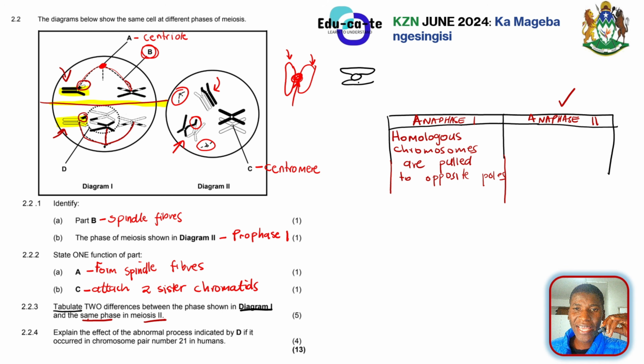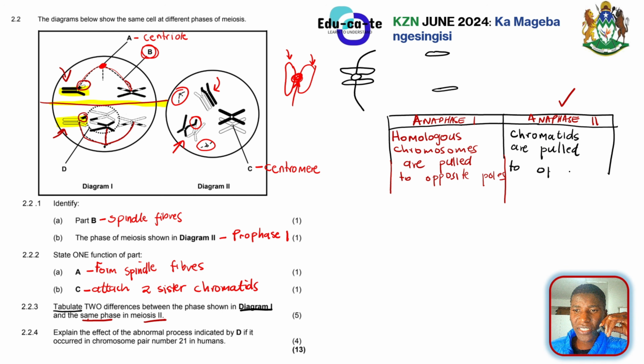And then the spindle fibers attach here on one side of the centromere, and another spindle fiber on top, and basically it will pull off these two chromatids and separate them from one another, and then it will end up having something like this: one chromatid on top and then another chromatid at the bottom. So basically during anaphase 2, the difference is that only chromatids, okay, these are no longer homologous chromosomes that are being separated. We are separating chromatids. So chromatids are pulled to opposite poles.